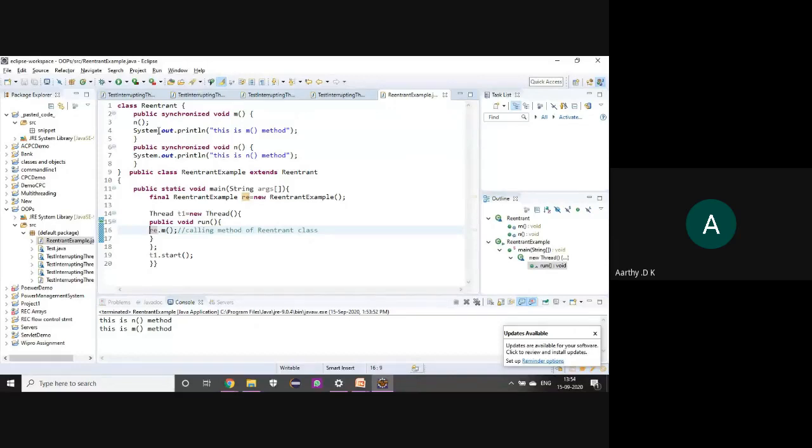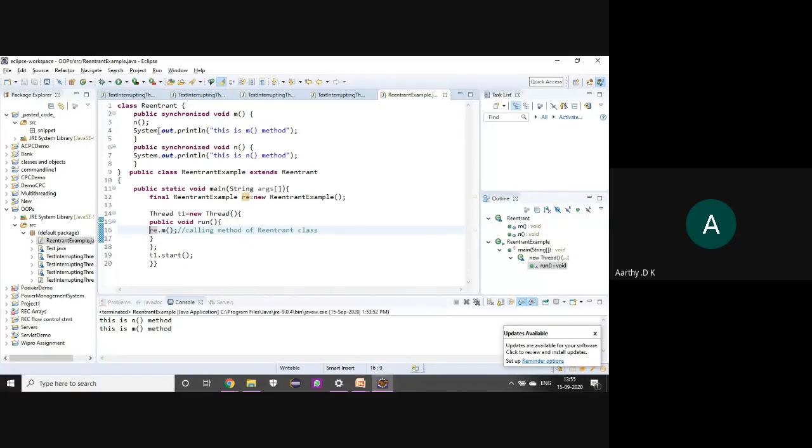First, you interrupt a thread that is in sleep or wait. Either you can stop the execution of the thread, or you can continue the execution by breaking the sleep or wait. You are just waking it up, breaking the sleep and making the thread execute.